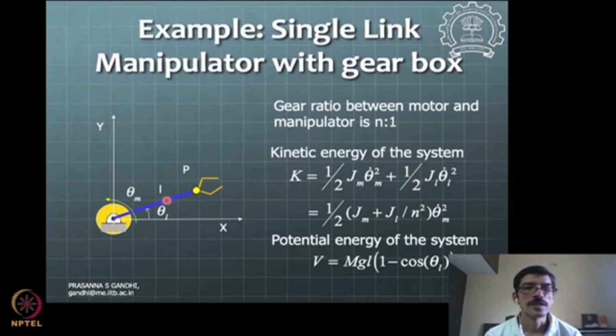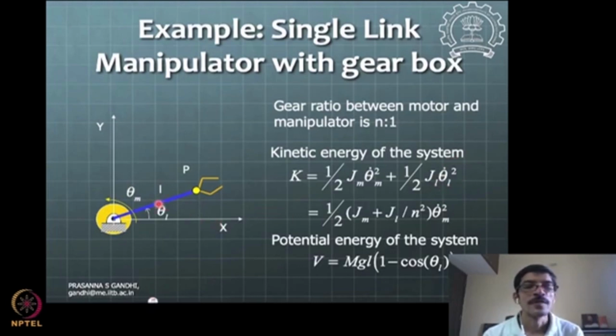So the inertia of this link that will be transferred to the hub will come up as a kinetic energy. One can write this expression of kinetic energy in terms of this load inertia, or one can see this as a rigid body, and for this rigid body the center of mass is here. For the center of mass, half m v squared will be the translational kinetic energy, and then I consider rotational kinetic energy, and then whatever total I get in terms of theta L now alone,